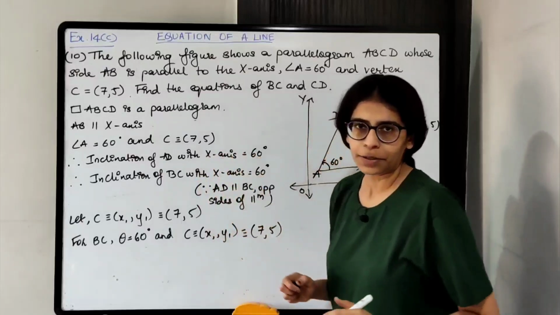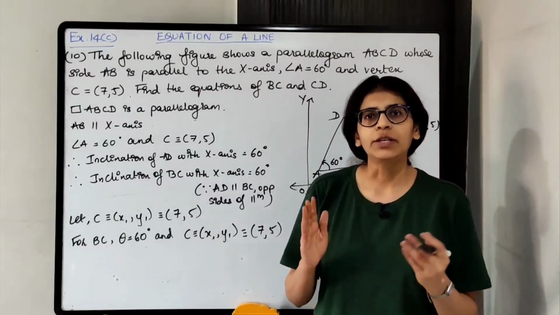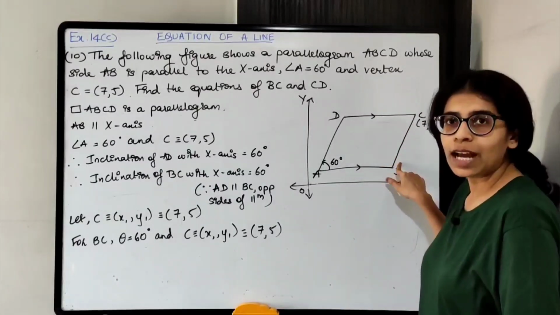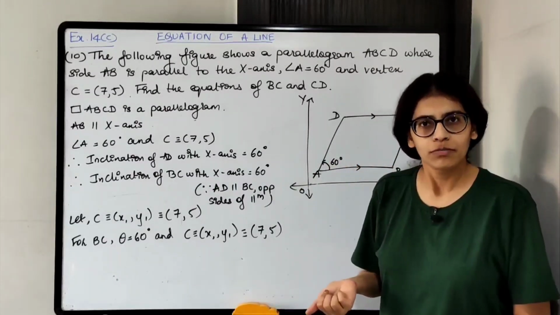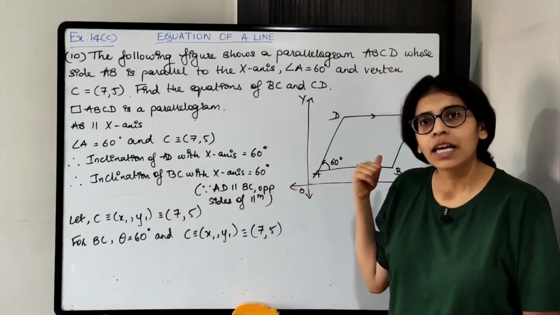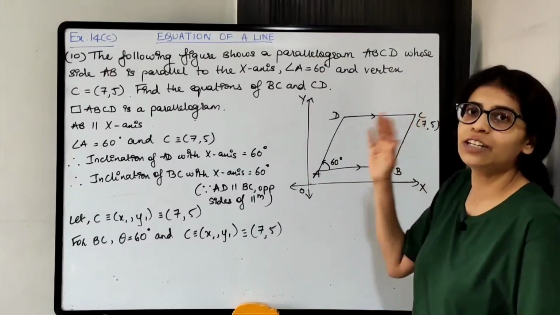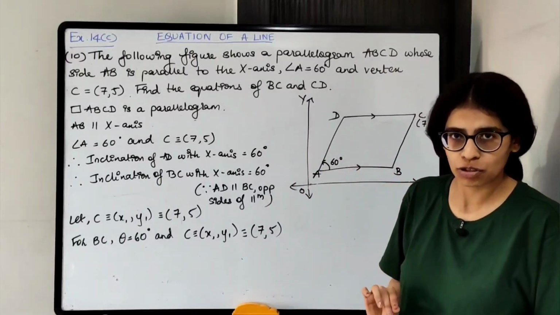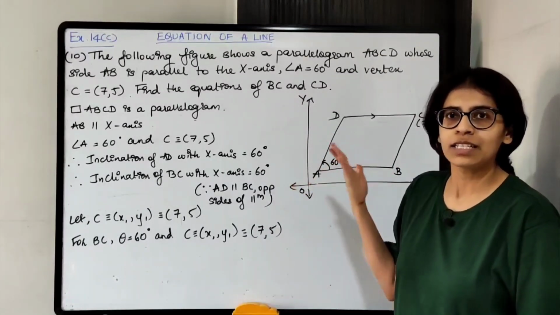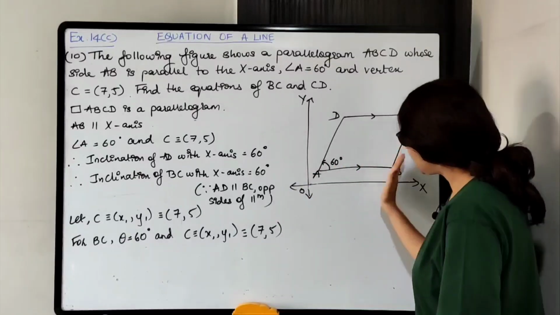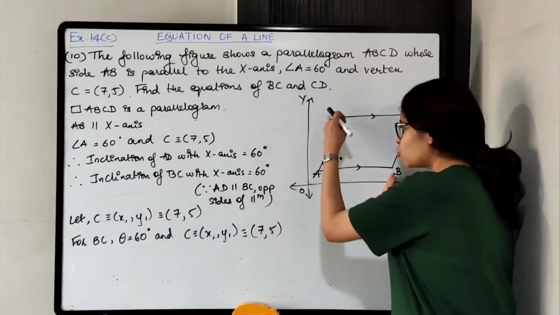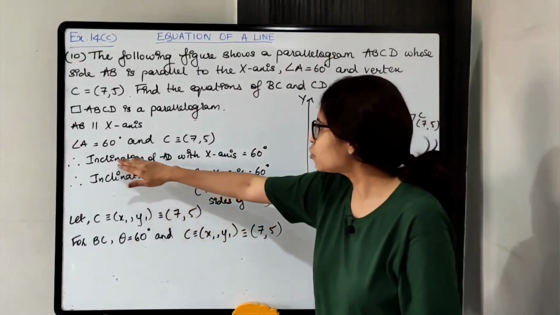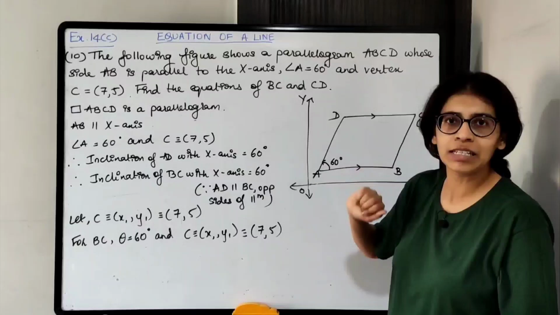Now the important part. First, we'll find out the equation of BC. Okay. BC का equation find out करना है. So for that I'll be using point slope form, है ना, point slope form use कर सकते हैं. एक point का coordinates दिया है, we need to find out slope. So for slope here I can find out inclination. Okay, inclination that is theta. So BC का inclination find out करने के लिए पहले मुझे AD का inclination देखना पड़ेगा क्या है. So inclination of AD with x axis is 60 degrees.